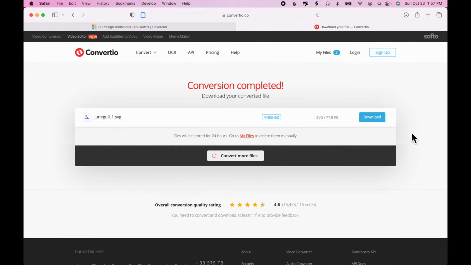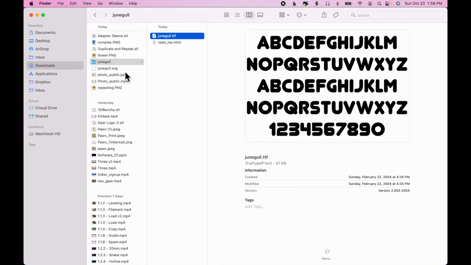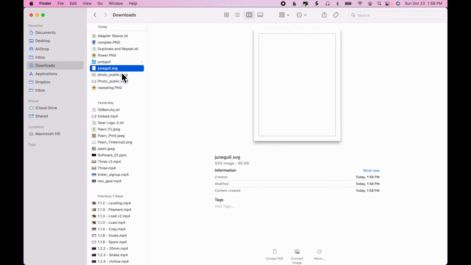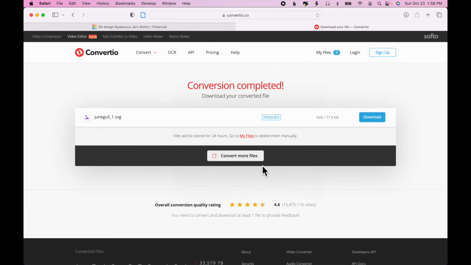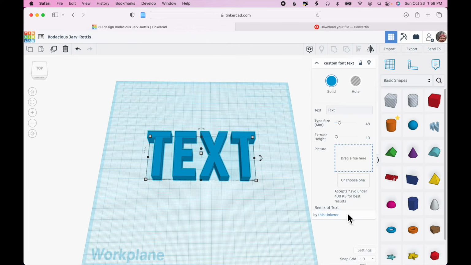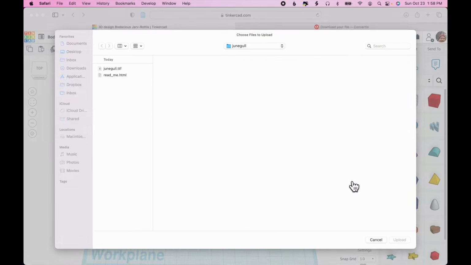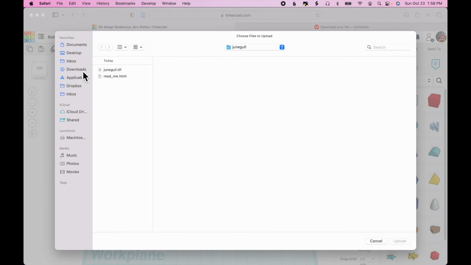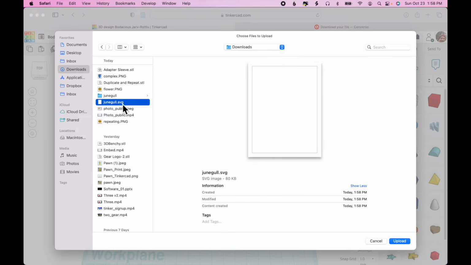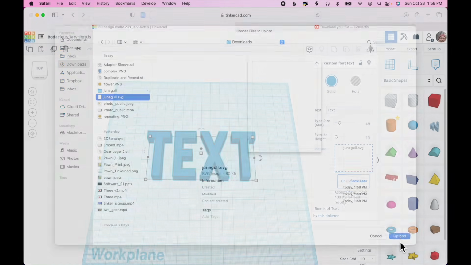When the conversion is done, just click Download, and then I can look in my Downloads folder and I see I have the June Gull SVG file and that it's 80 kilobytes. So it's the proper file format and the size is within the 400 kilobyte limit that Tinkercad has imposed. So now I can click to choose the file, go to Downloads, junegull.svg, Upload,